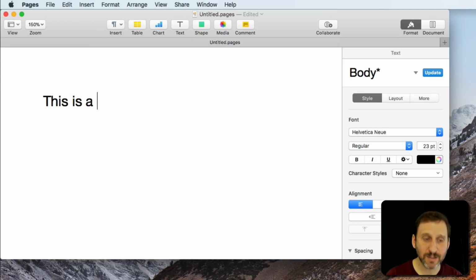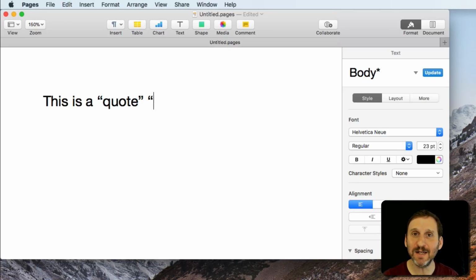Now let's say you want to type a straight quote. So you have curly quotes turned on, but you want to do a straight quote here. All you need to do is undo immediately after you type the quote. So I'm going to do Command Z since the last thing I did was type that quote, and it will undo the conversion to a smart quote. So I get a straight quote here,